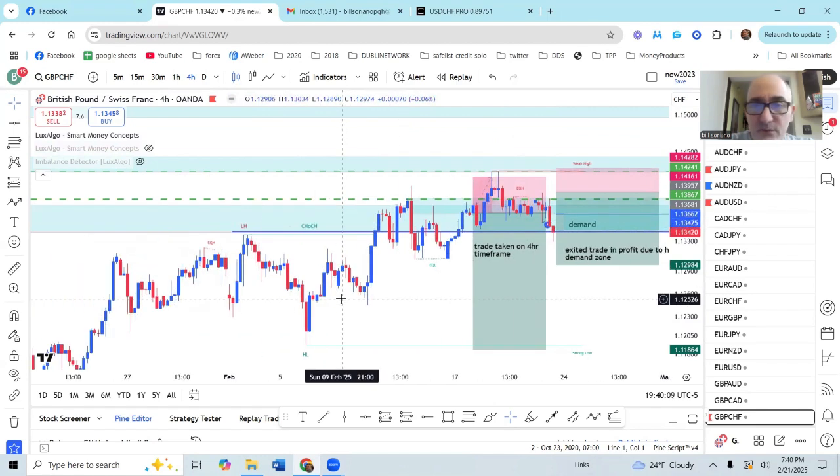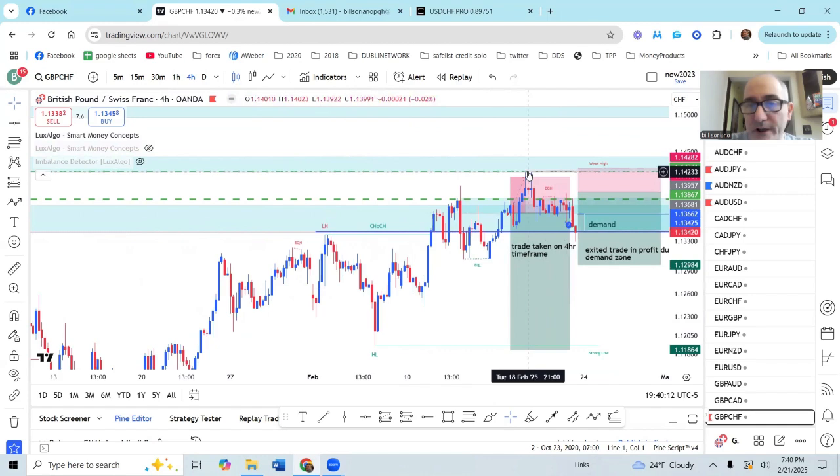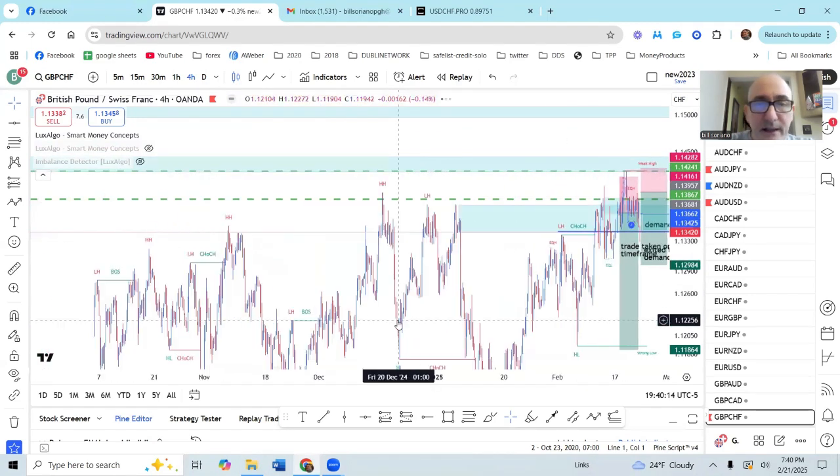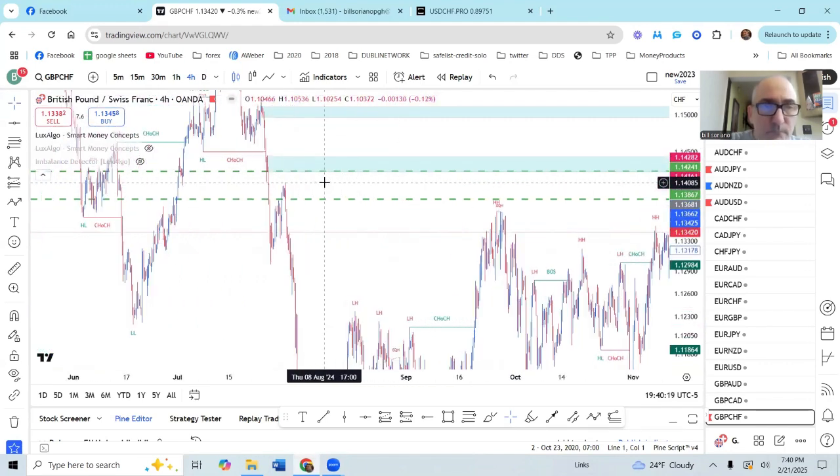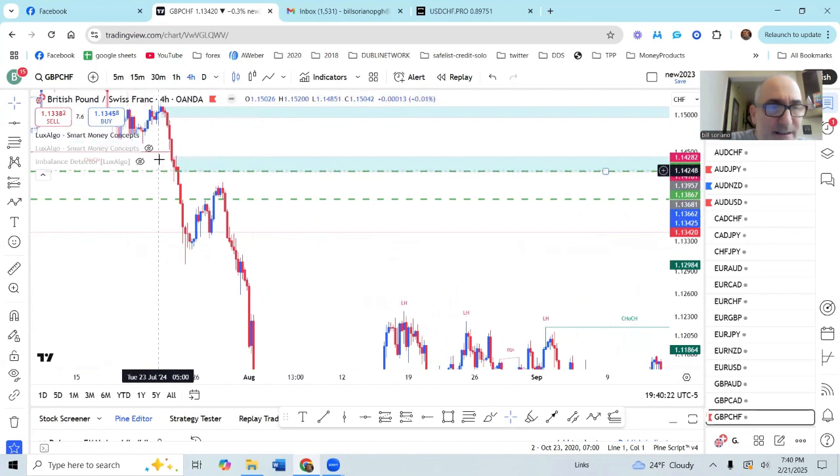And then what I noticed was, see how you got these two wicks going up to this area right here. And what I found was when you go all the way over here, that I hadn't initially seen this, but this was a zone right here where there was some imbalance right in here. Okay, there was a little bit of imbalance right in here. If I turn on the imbalance detector here, you could see all the imbalances. These were all filled here, but you could see there's some imbalance right here